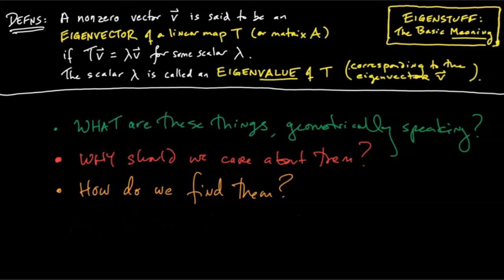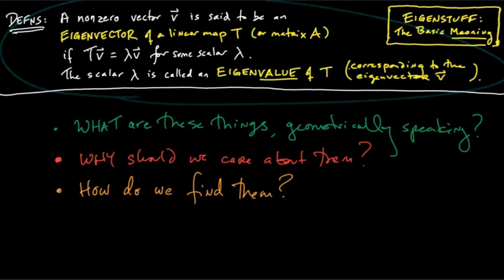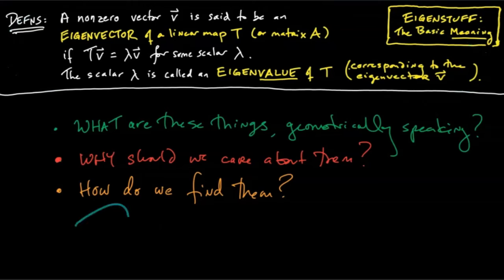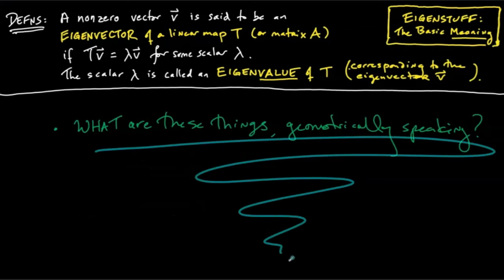In a lot of linear algebra courses, immediately after defining eigenvectors and eigenvalues, they immediately dive into the question of how to compute such things, and as a result, people end up just doing weird computations, memorizing procedures, without really understanding what it is they are doing or why they should be doing it in the first place. I don't want that to happen here, which is why I'm pushing off the computations until we're comfortable with the basic meaning of eigenstuff. Okay, so let's handle the first question.